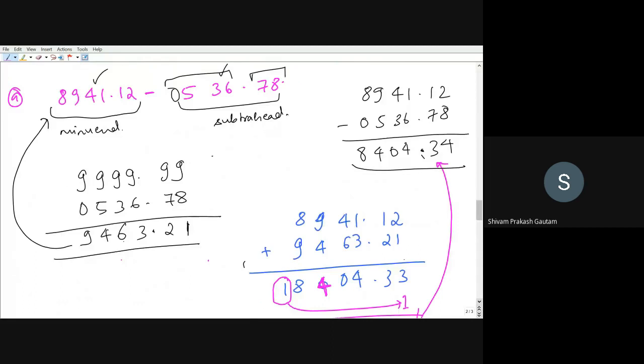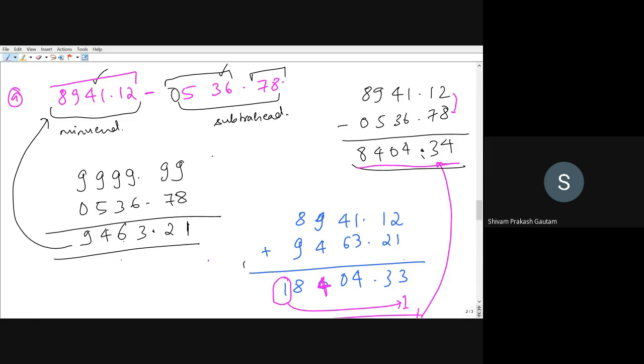So this needs to be subtracted. Just pay attention that the maximum number of digits before the decimal was 4, and here it was 3 digits, therefore I have added 0. If you do not add 0, you will not get the right answer, because the number of digits should be the same. So when you do it normally, like you do in day-to-day life, this will be the answer.